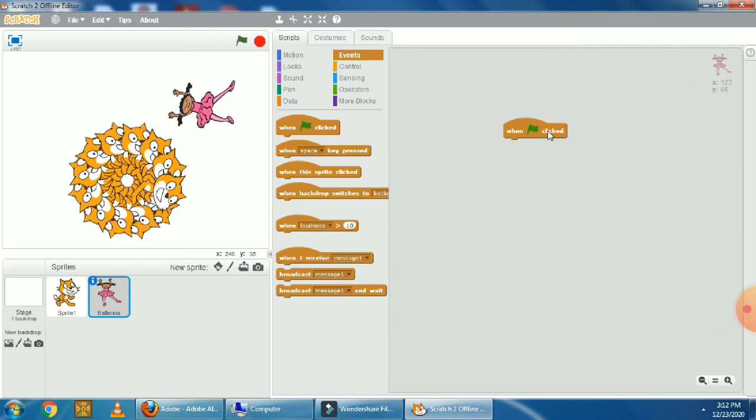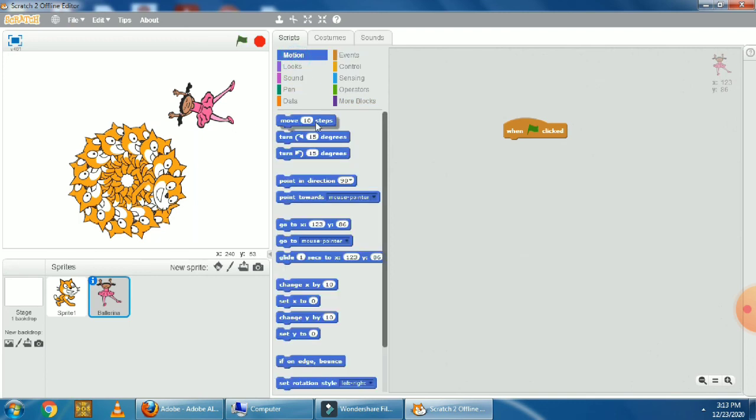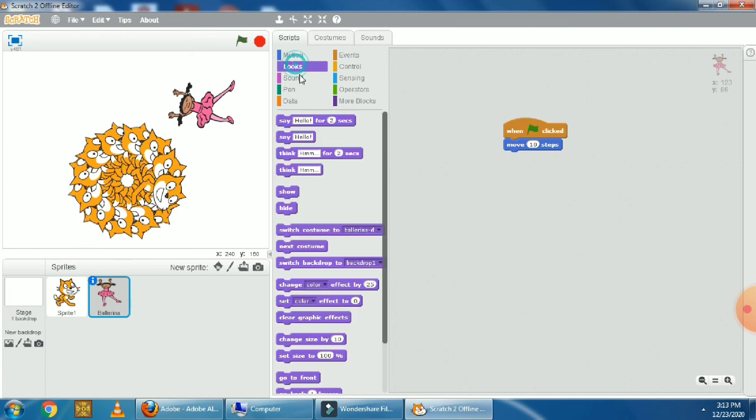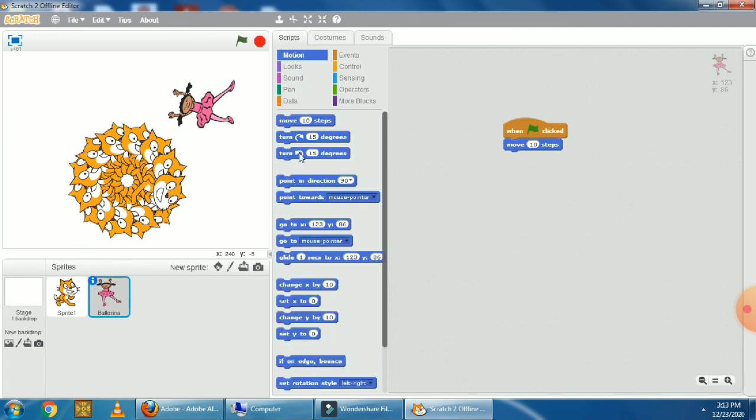The green flag is available beside the red stop button. So when we click on this green flag, execution starts. So this is the when green flag clicked block, and let's take some commands to execute with this block. Move 10 steps, and in the motion block take another, turn left 15 degrees. So it will move 10 steps and turn 15 degrees when we click on the green flag.